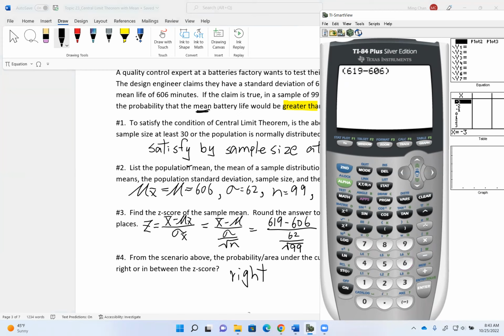So it will do that first, then divided by, then I'm gonna put the whole bottom operation in the parenthesis, 62 divided by. Now, when I do my square root, mine automatically comes with the parenthesis. So inside the parenthesis, I type in 99. My calculator is a little bit older version. I'm gonna close the parenthesis for the square root, and I'm gonna close another parenthesis for the denominator that I opened. Round to 2 decimal places. So that's about 2.09.